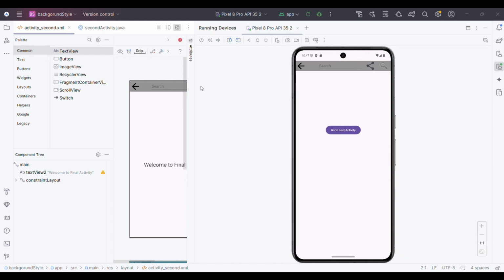Hey everyone, in this video I'm gonna show you how to go back or how to come to the first page activity. It looks like this. When we click here, it brings us to the second activity, and if we click this, it brings us to the final activity. If we want to come to the first activity, we have to click here like this, but